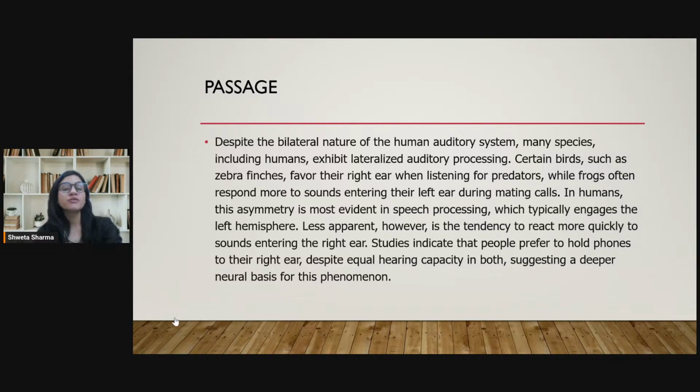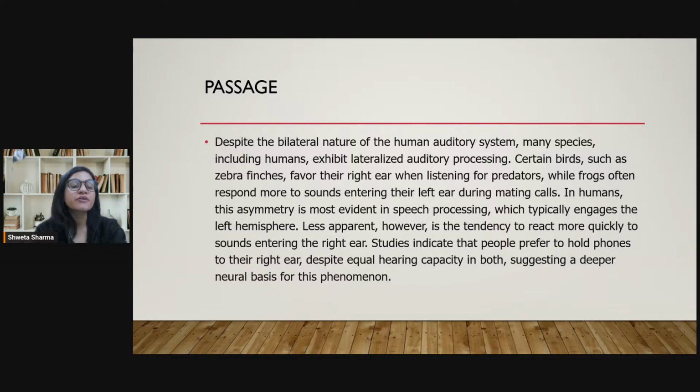So basically, what are we trying to do? We are trying to see what works best as per the body parts and situations. For example, we humans are more inclined towards holding anything with the right, because of course we are mostly right-handed. We like to hold our phones to the right ear because though the hearing capacity is equal in both ears, we still prefer the right ear over the left. So this is a general tendency.